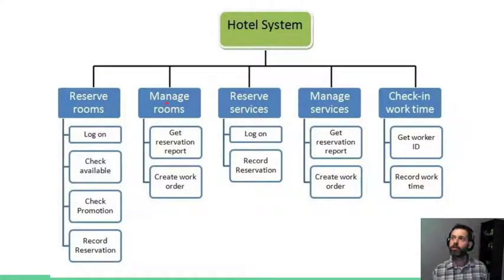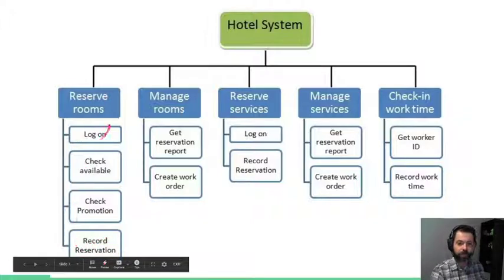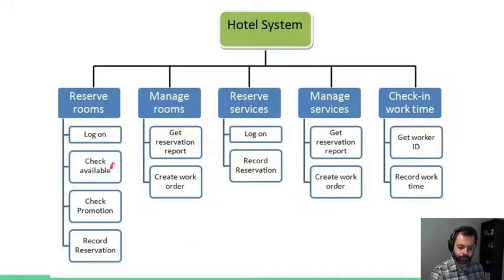Okay, well, I don't know how to implement this. Let's break it apart into pieces. What do you have to do to reserve a room? You have to log on. Okay, makes sense. You have to check if there's anything available. See if there are any promotions available to the user. And then record the reservation. Consider these all as functions or methods that you can call, and then you can hopefully see how we're decomposing